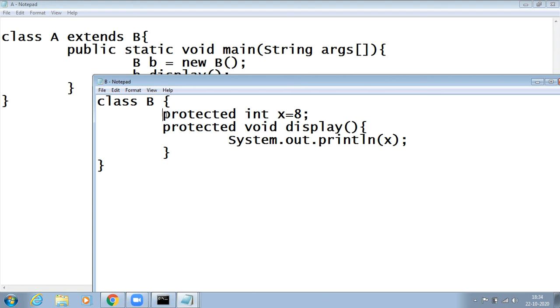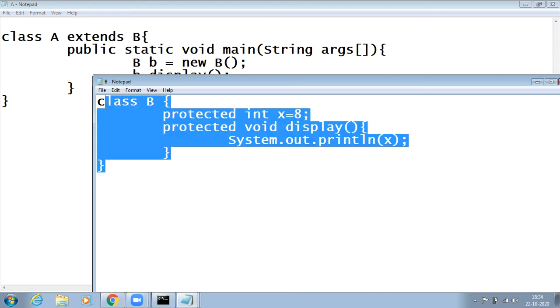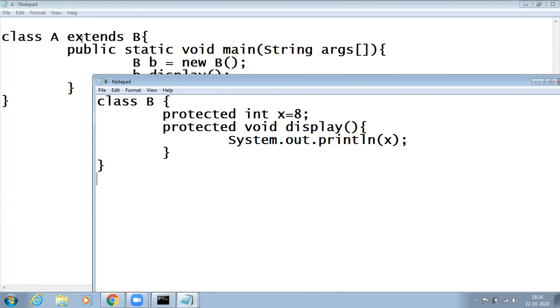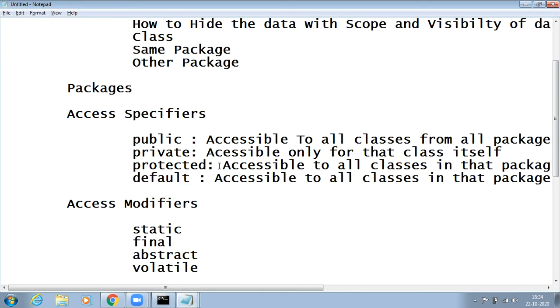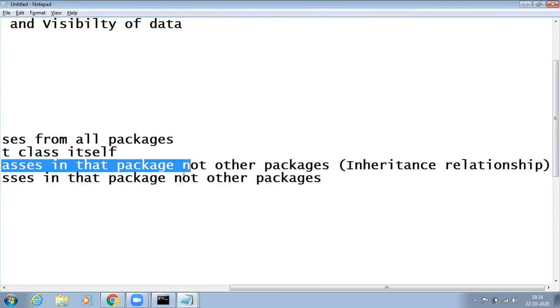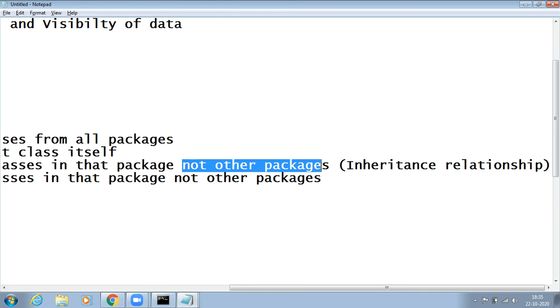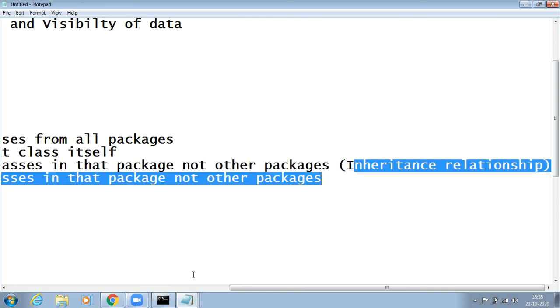If B contains protected and B is in another package, I can access B only if B and A are in what relationship? Inheritance relationship. It is accessible in all classes, but in other packages only when there is an inheritance relationship.